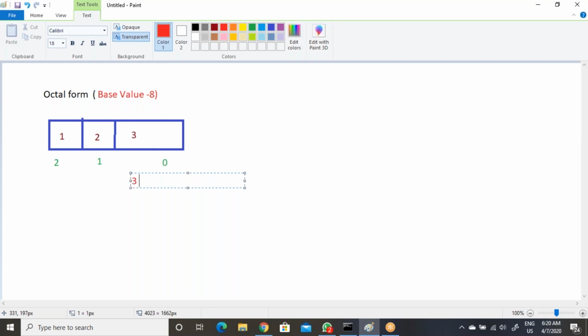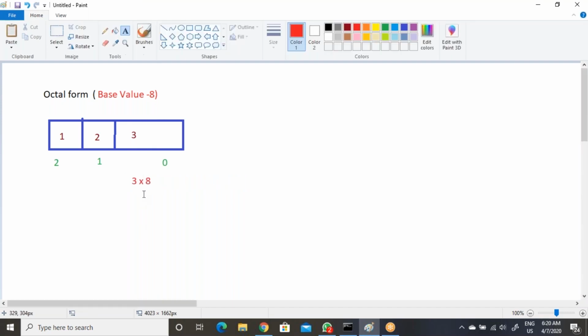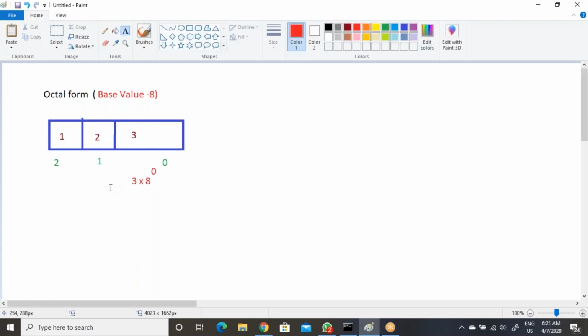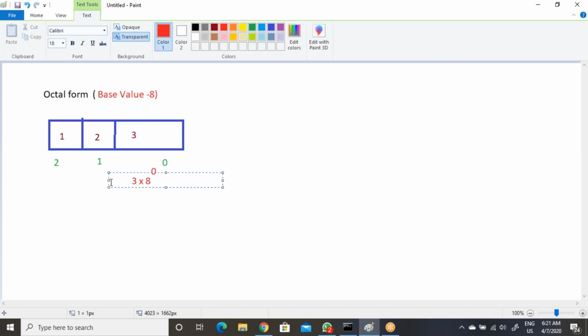Then 1 into base value 8, then 8 square.